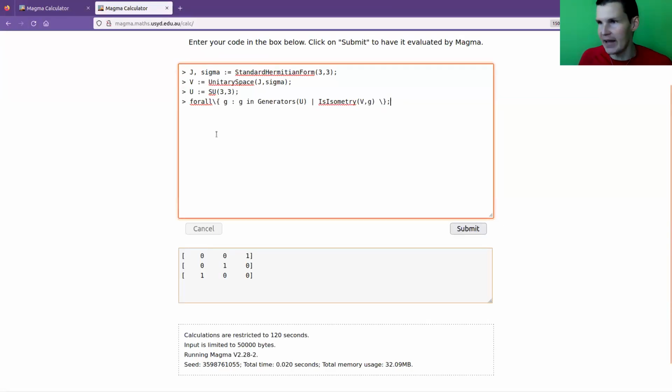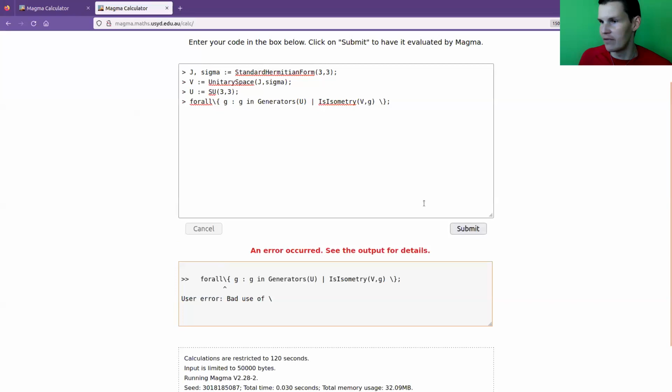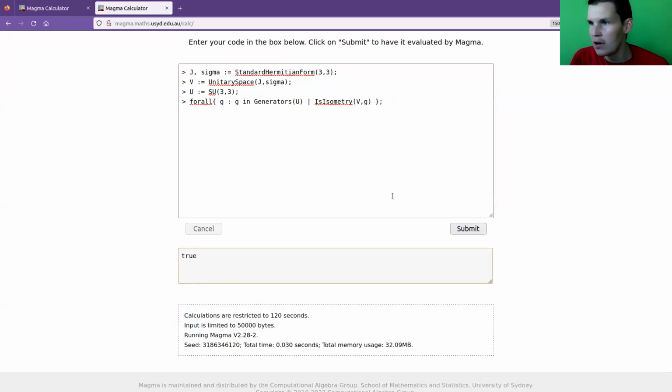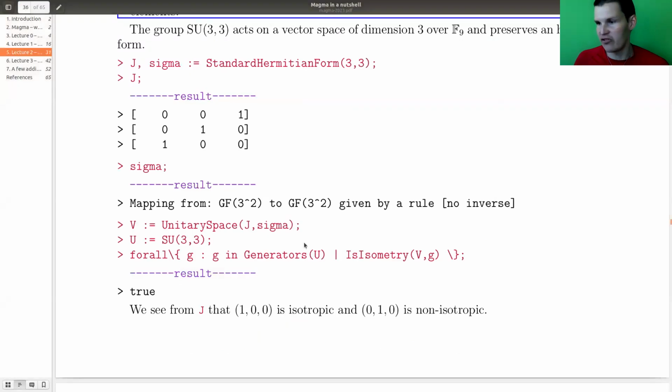We already know J, and we can set up a unitary space defined by sigma, and we can set up the unitary group, and we can just do this. Why are these guys here? I need to fix that, I guess. For all G in the generators of the unitary group, we want isometries of that unitary group on that space. For all, is there some isometry, and that's what this code does. So essentially we will add the isometries coming from the unitary group. And we just can set that up